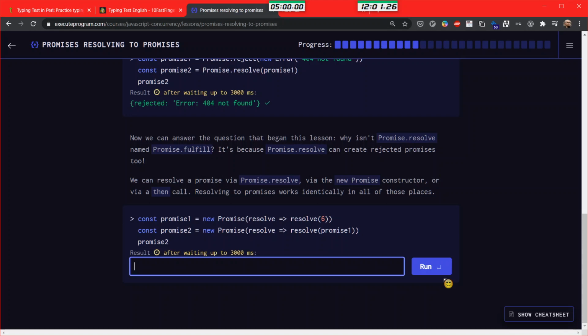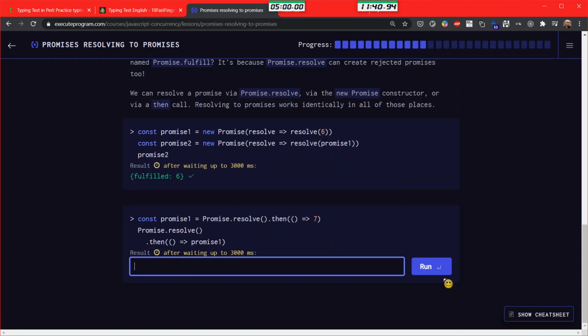See, so here is in the constructor. We are resolving right away the promise 1 in the constructor, and then we resolve the promise 2 with the promise 1, so promise 2 will be fulfilled, and it will say 6.